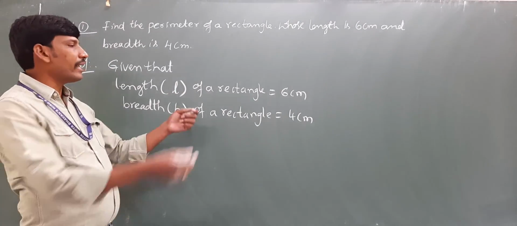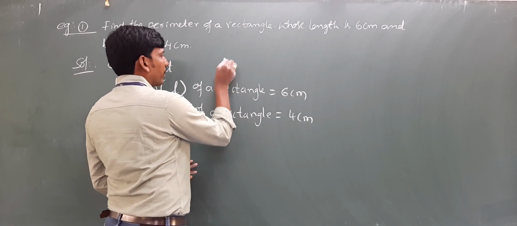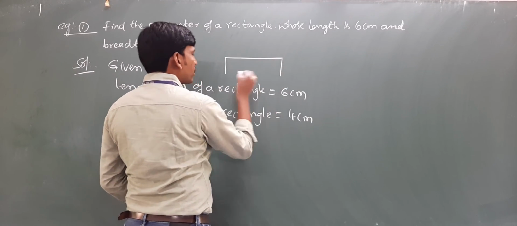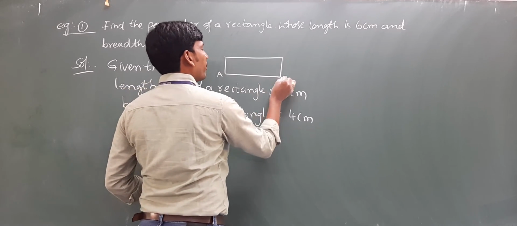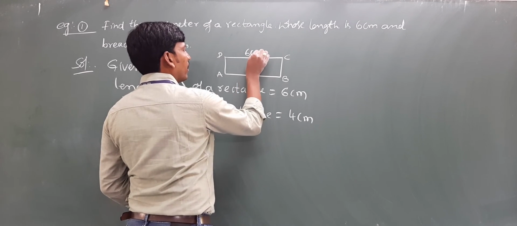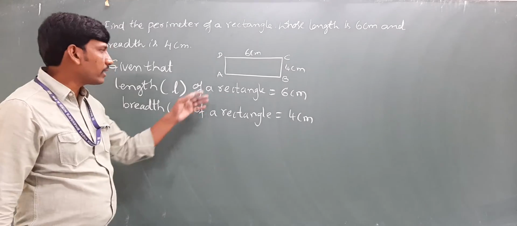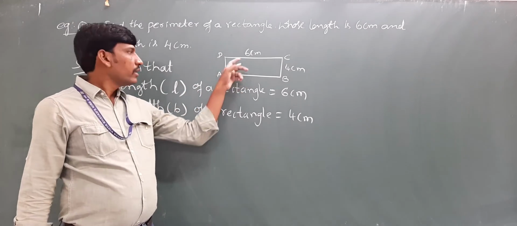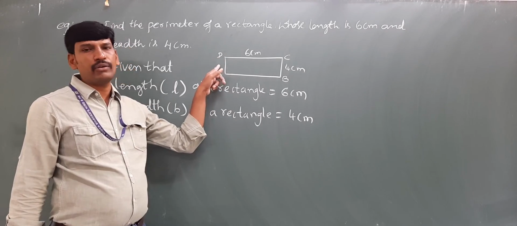Now we derived one formula to find the perimeter of a rectangle, so instead of adding all the sides, I am drawing a rectangle figure here. You please draw the figure, it is easy for you. A, B, C, D. So length is how much? This is 6 centimeters and breadth is 4 centimeters. Clear? So don't think that these two sides are not given. These two are equal. That side is also 6 centimeters and DA is also 4 centimeters.